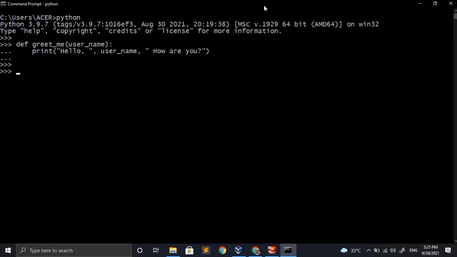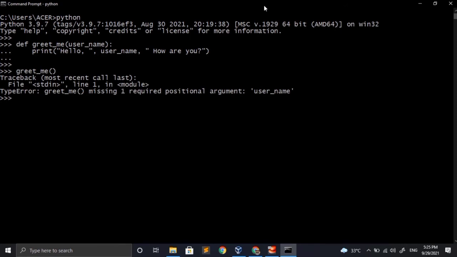So now let's see, if I call the function without giving any argument, what will happen. As expected, it will give us an error and we need to provide an argument in order to get this function working. Now I will again call this function, but this time I will be providing my name as the argument. So now as expected, this function should get executed without any errors. You can see the output on the screen. So with this we have successfully seen how to pass arguments in a basic function.